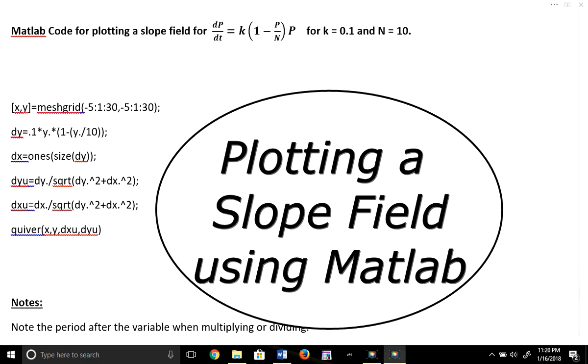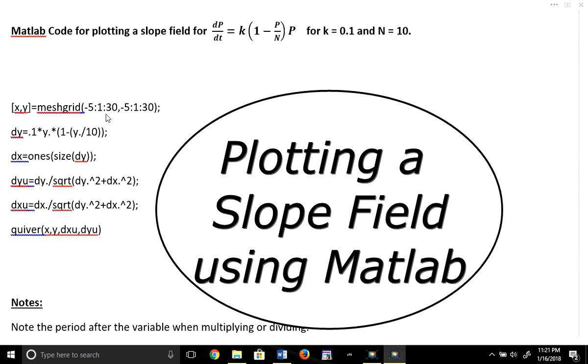Now what if I wanted to plot this in a program called Matlab, the same logistic function here, and I've changed k to be 0.1 and n equals 10. So we use this code here. This code has all kinds of syntax, so you might want to copy and paste most of it, and the only thing you need to worry about really is the window here. The windows I've made from -5 to 30 for both the x and y axis. Remember, x and y translate to t and p in our equation, and then the 1 here, the value in between the